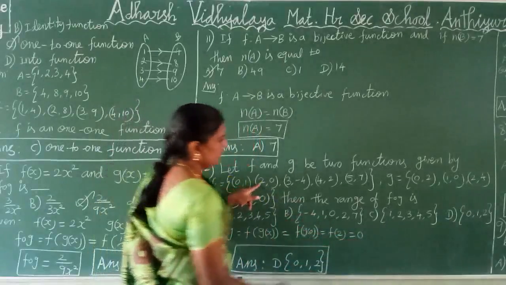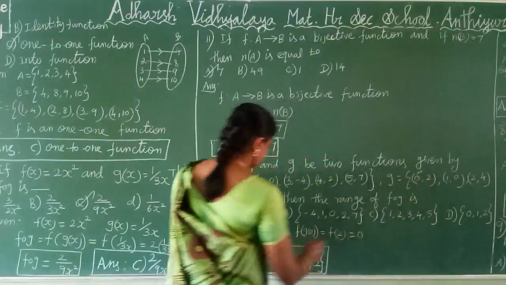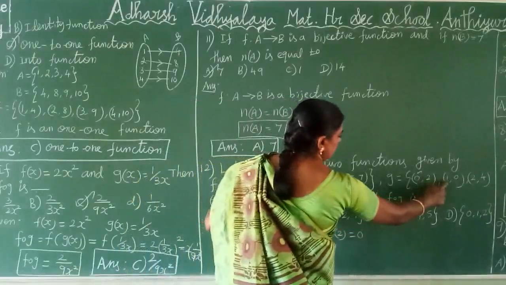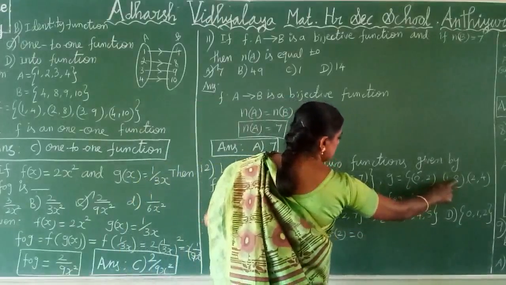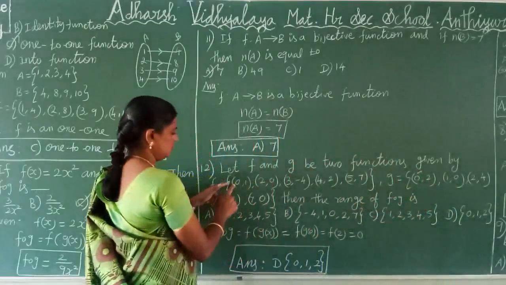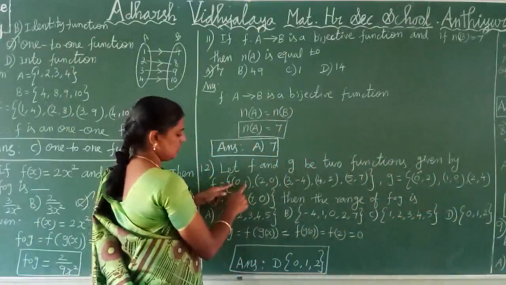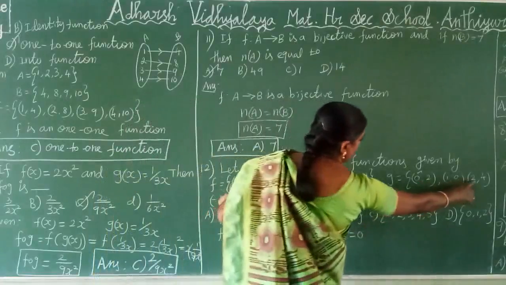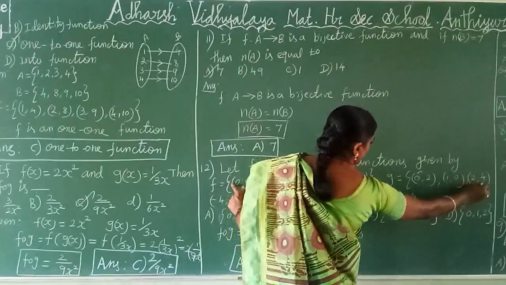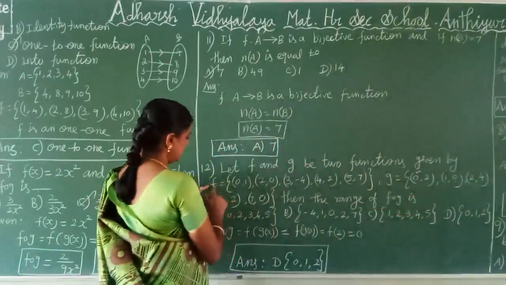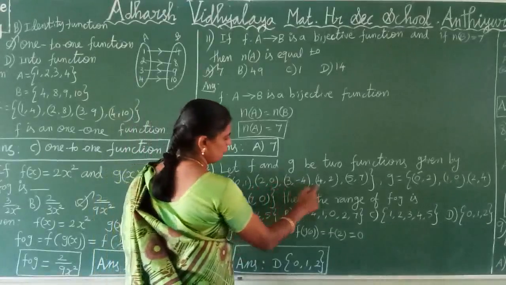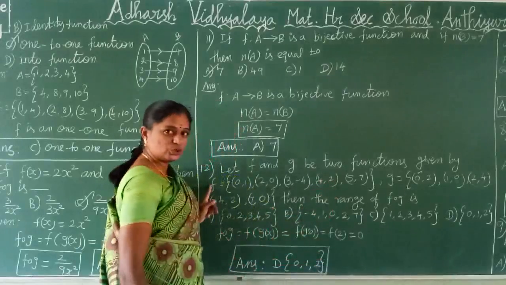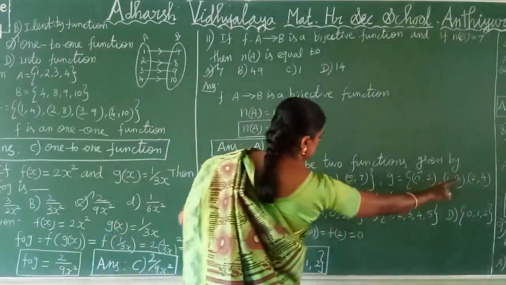Is it clear? Next one. So 0 gives 0, so the range is 0. Next, 1. 1 gives 0. See this in f: 0 gives 1. So the range is 1. Next one, 2. 2 gives 4. This 4, see in f: here 0, 2, 3, 4. Here 4 gives 2. So that is 2. Next, that is over.